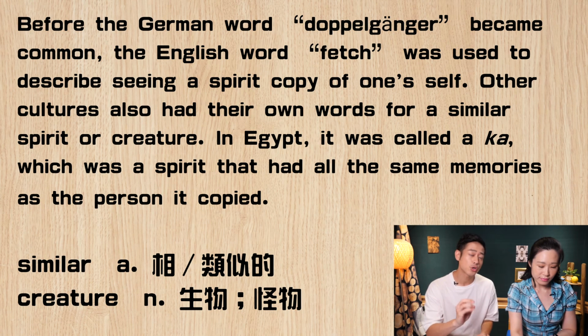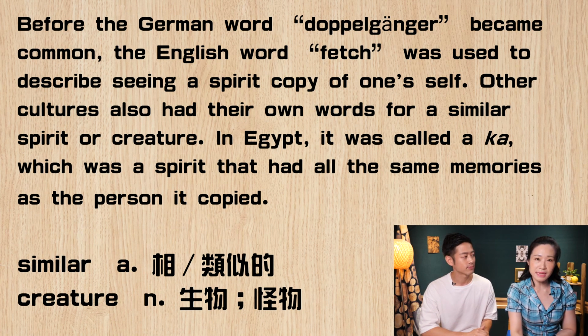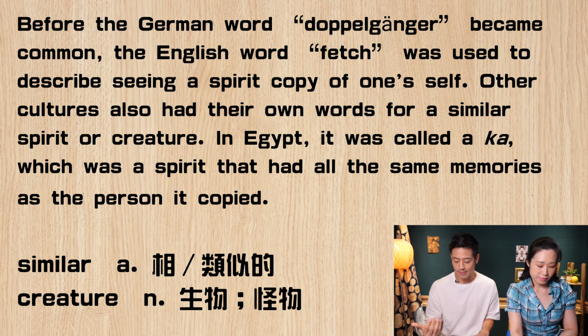And because of that, in English, when we say creature, unless we say beautiful creature or cute creature, if we just use the word creature, usually it gives us a feeling that it's kind of scary or mysterious. 如果你在这个字前面加上 beautiful 或 cute，那当然就是这个东西很漂亮或者很可爱。可是如果你单独使用这个字，通常就会让人家觉得有点害怕，不晓得这个是什么东西。